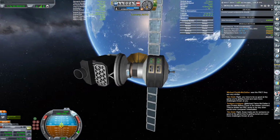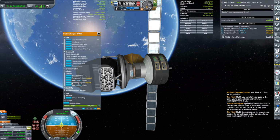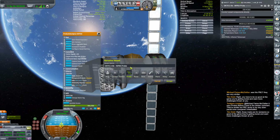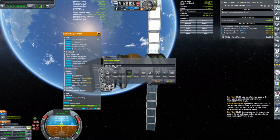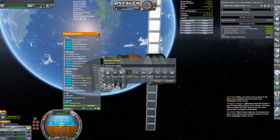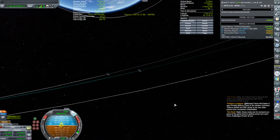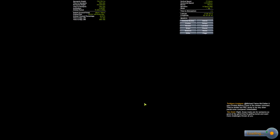Before I do that, I don't want all these to have the same name, so let's rename this. Infra probe. This is the infra B. This is now the C. Actually, this one can be the B, and the next one can be the C, and the first one, yeah, that's making more sense. Okay, so switch to you. All right, so now hopefully this will start making sense to people. I'm sorry my math was as stinky as it was,